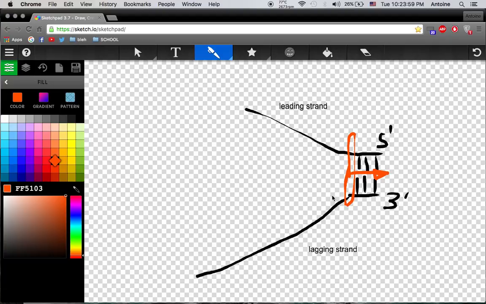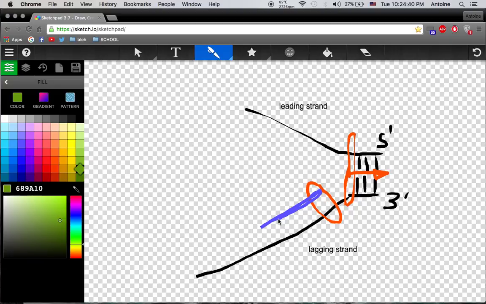So on the lagging strand, you have the RNA primase enzyme, and what this enzyme does is it adds an RNA primer. Now this is like a base made of RNA, with complementary pairing to the lagging strand, and that's all it does. It adds like a template, and then after that